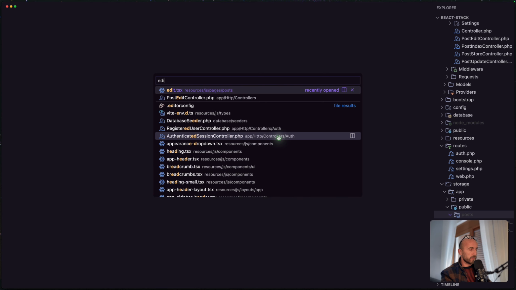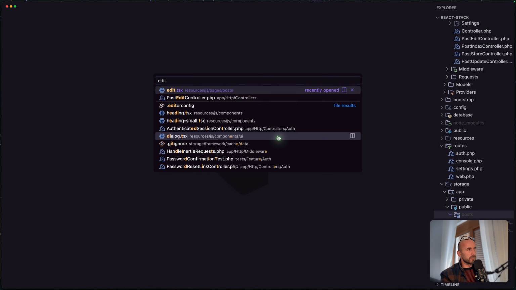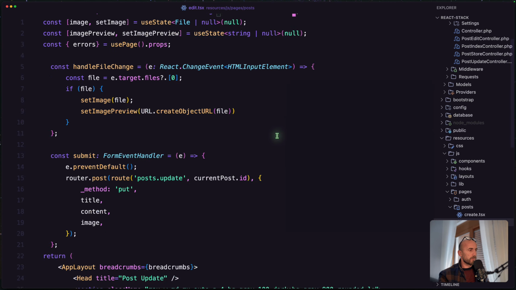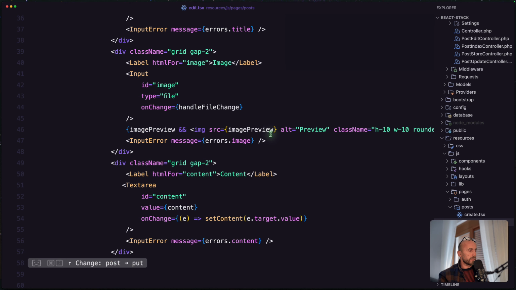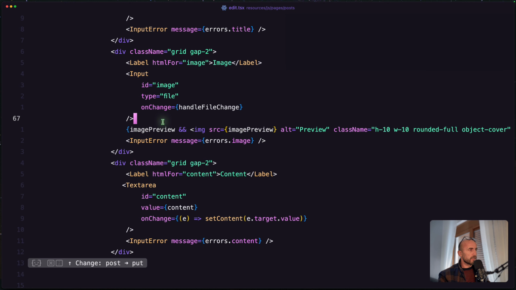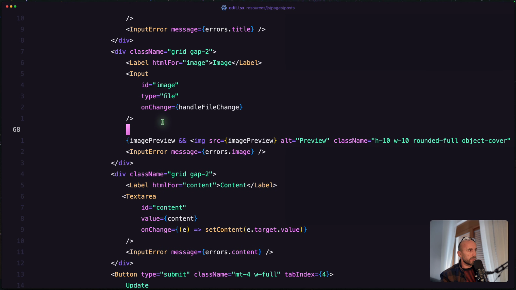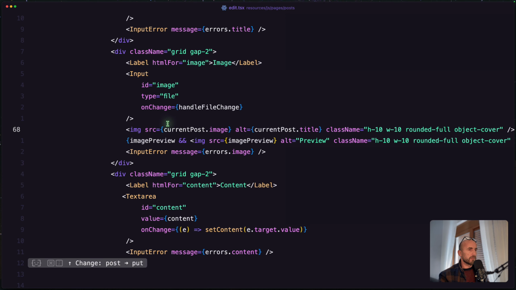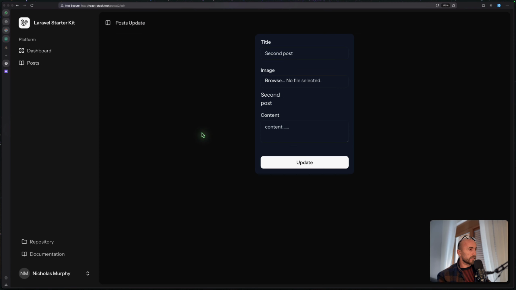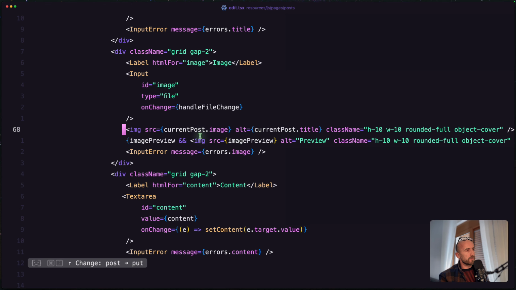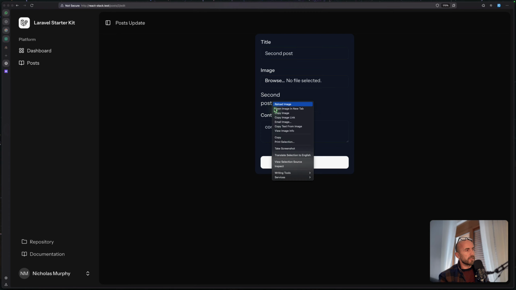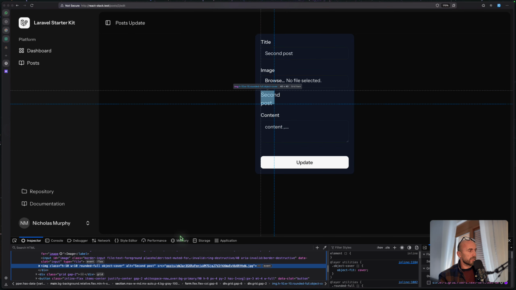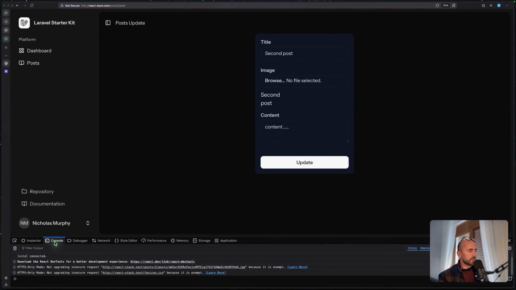So edit inside the resources.js pages posts. Let's scroll down when we have this one. Also, I'm going to add the current post. Okay, and let me just come here and refresh. We can see we have here second post. We don't see the image. And why is that? If we inspect the element and go to the console, yeah,